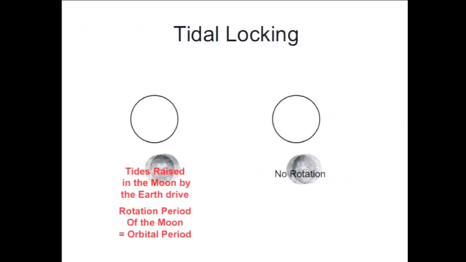You may have heard that if you're on Earth and you look at the moon, you always see the same side of the moon. And the way we say that is the moon is tidally locked, so that as the moon orbits, it's rotating around its own axis in exactly the same amount of time that it's orbiting around the Earth, so that the same side of the moon is always facing the Earth. And that's due to the action of the tides of the Earth on the moon.